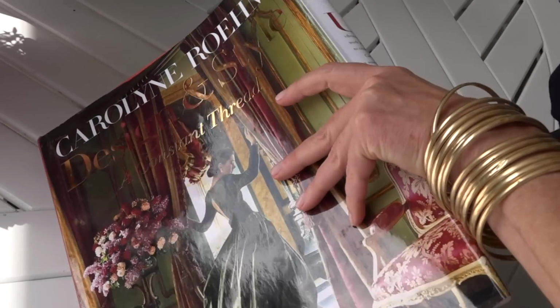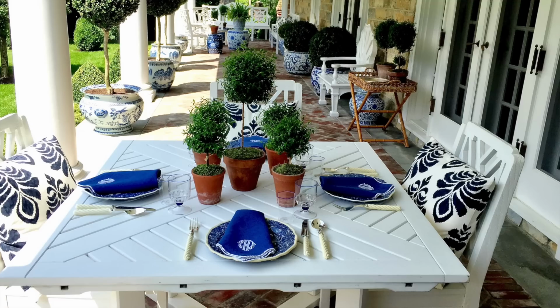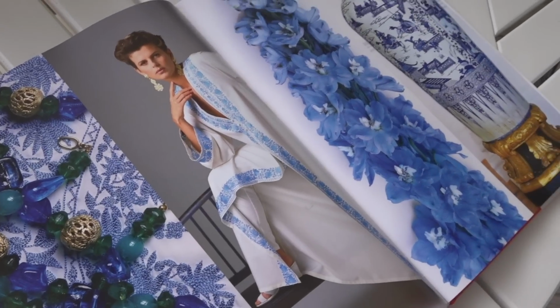I was going to show you this page to start with just because it's a beautiful day. I'm happy you're here. We're going to have a bite to eat. And I thought, well, this fits with the porch, with our blue and white setting. And this already looks like the perfect example of what this book is about, the vibe,